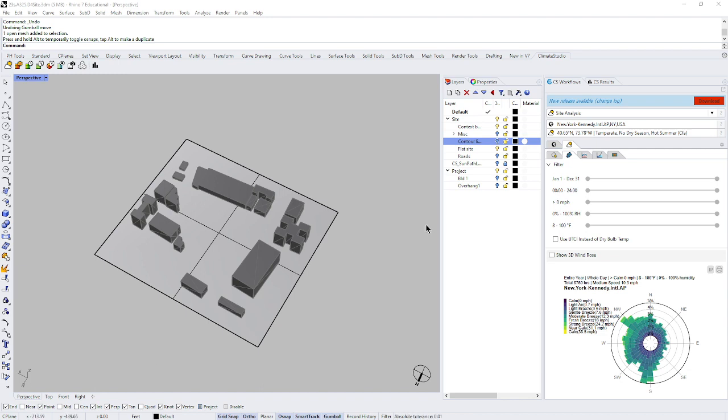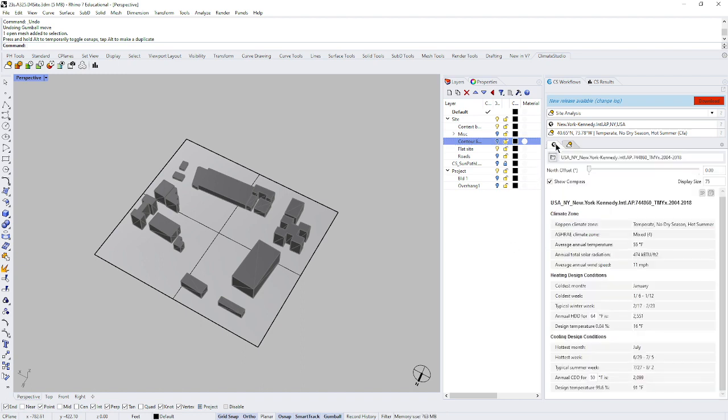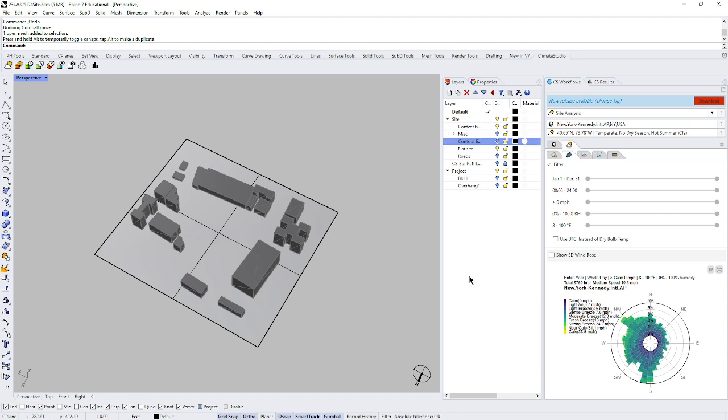So here I am in Rhino. I've brought in the climate data we were looking at, because I'm at Kennedy International. I'm going to click on the sun, and what we're going to do is look at how to study the path of the sun across the site, look at wind data, and talk a little bit about how we would iterate form. First thing that I want to do is show you